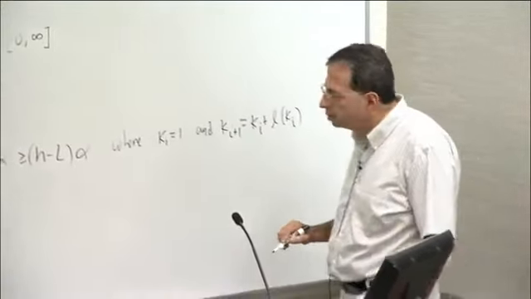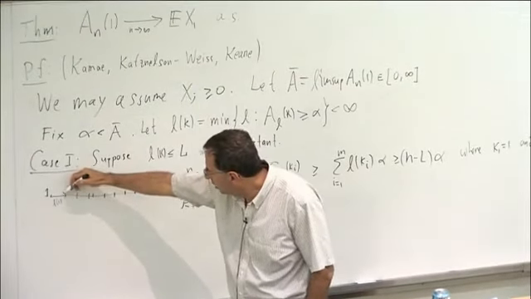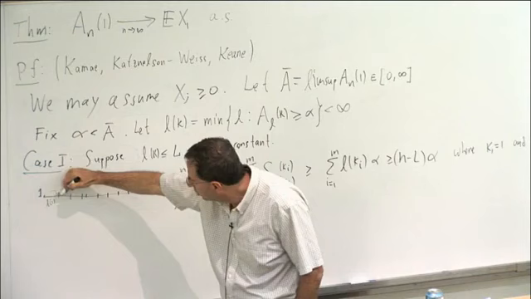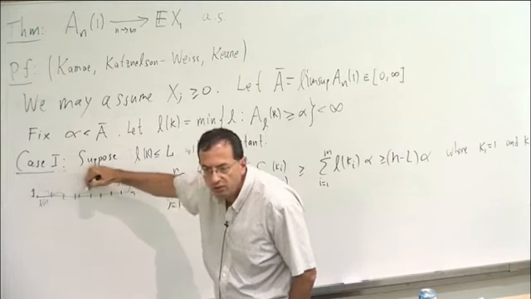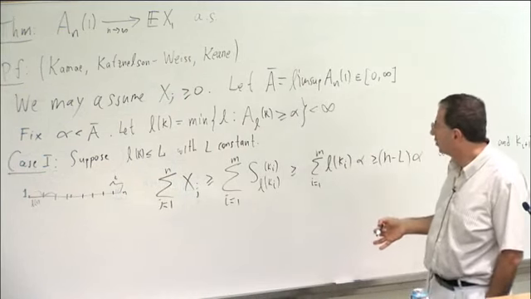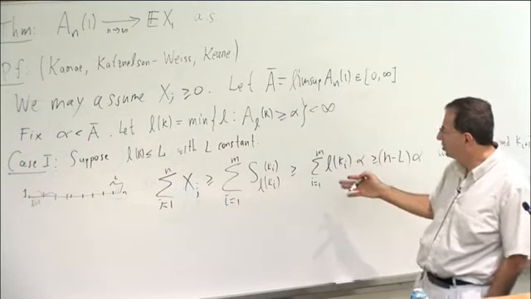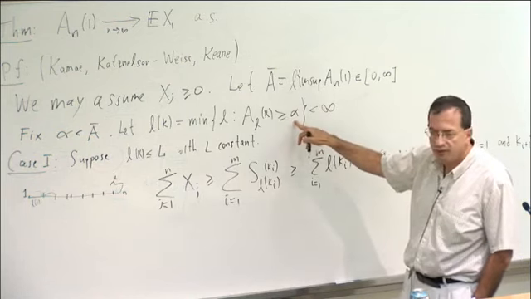Right, so each time we start at 1, we find an interval where the partial sums are large, then we just go to the next, right? So we find this interval, then we go to the next point, find another good interval, and so on. So all these partial sums are larger than their length times the average, right? Because this is greater than alpha.